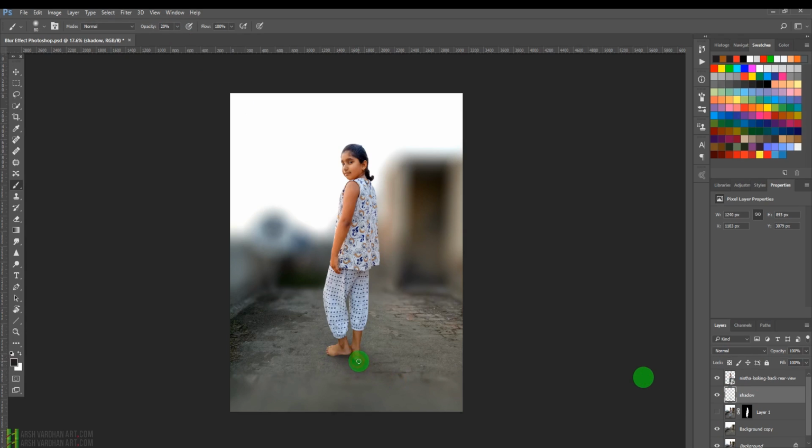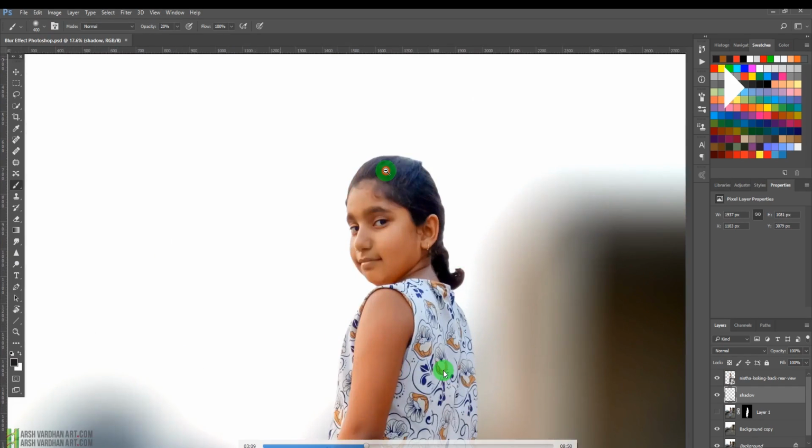And on the bottom I'll paint with the black brush a little bit to create this kind of a shadow. So you have to keep the opacity very low to get this perfect effect. Okay, let me zoom in